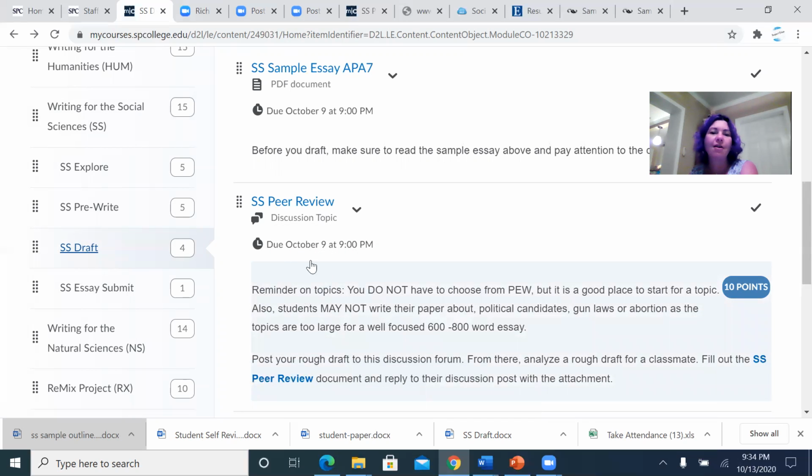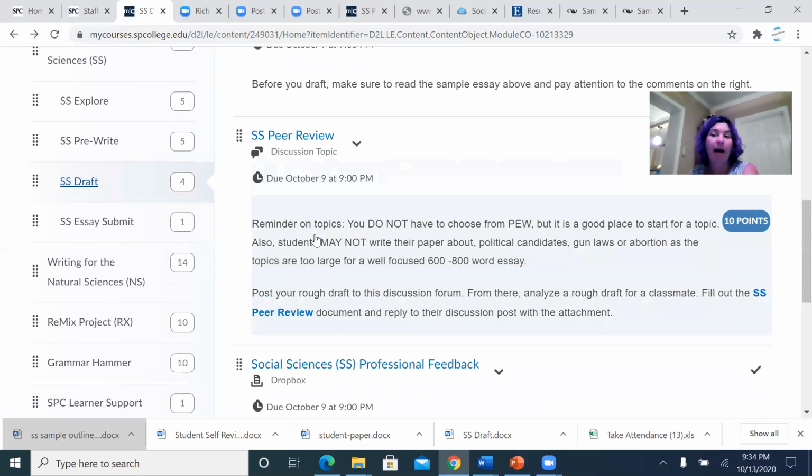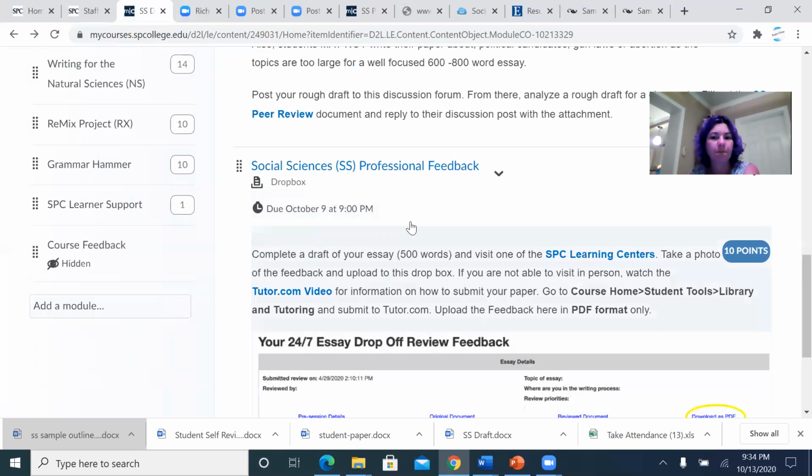Today is the 13th, and a number of students are still needing to not only post, but also respond to a peer. It's really important that this happens so that we all have adequate time to move forward with our revisions. The same goes for the professional feedback. Okay? With so many schools and universities being online this semester, the tutors are working hard to keep up with all the demands. So the wait time can be a little bit longer than the preferred 12 to 24 hours. But that doesn't mean that we're not going to do it.